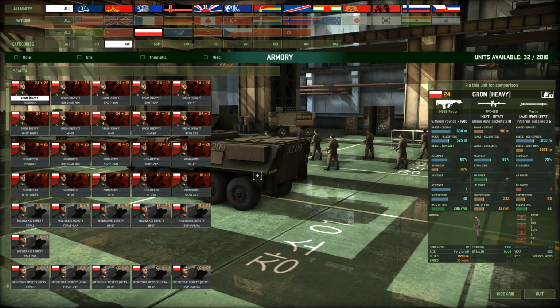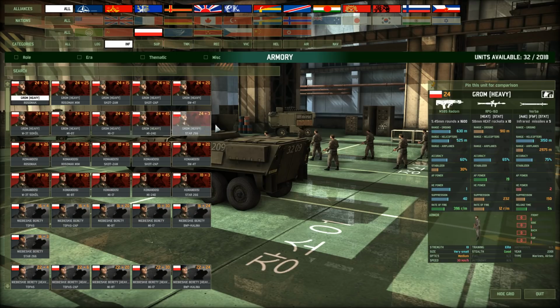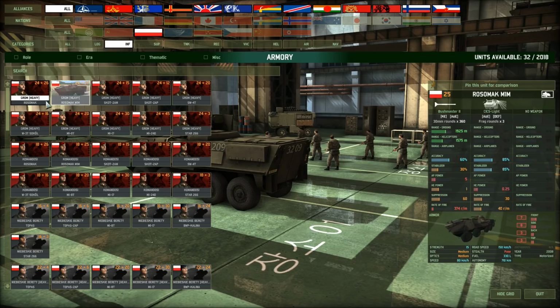Moving on to infantry, and this is where the fun starts. So let's go over the infantry vehicles first. Starting out with the Russo Mac. The Russo Mac is, I'd say, an LAV variant, but that's probably not doing it justice. What you're looking at here is...